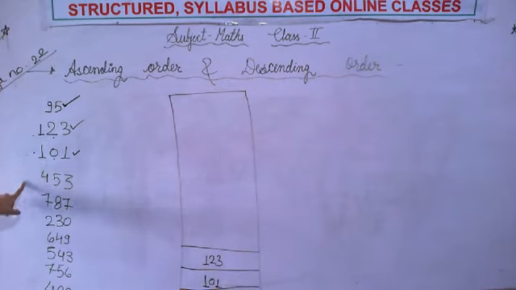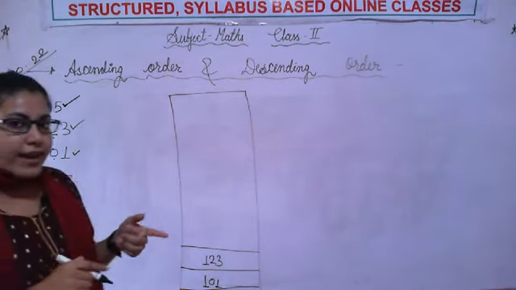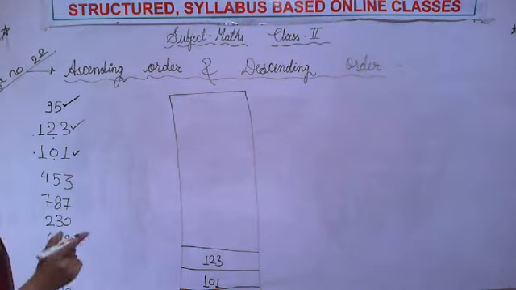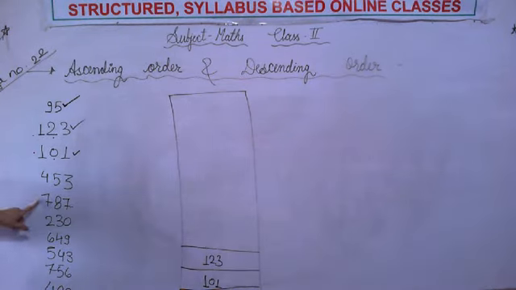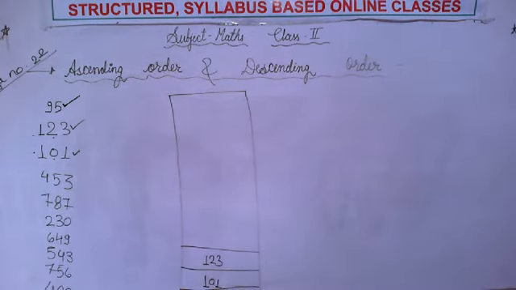Now again we'll check for the highest place value, which is hundreds. In a 3-digit number the highest place value is hundreds. So we'll check for the least hundreds value. 4, 7, 2, 6, 5, 7, 4. Which is the smallest among all these? Yes, 2 is smallest. And only a single 2 is there. Here 2 ones were there.